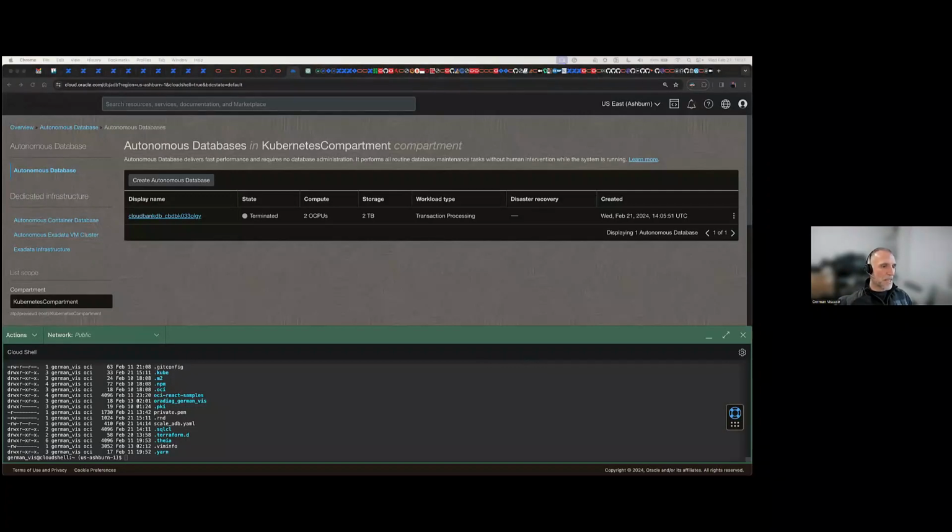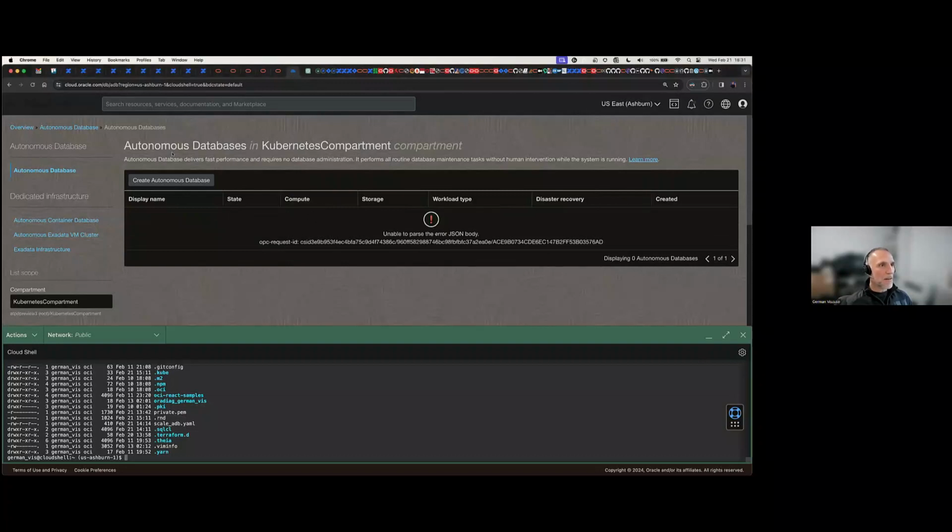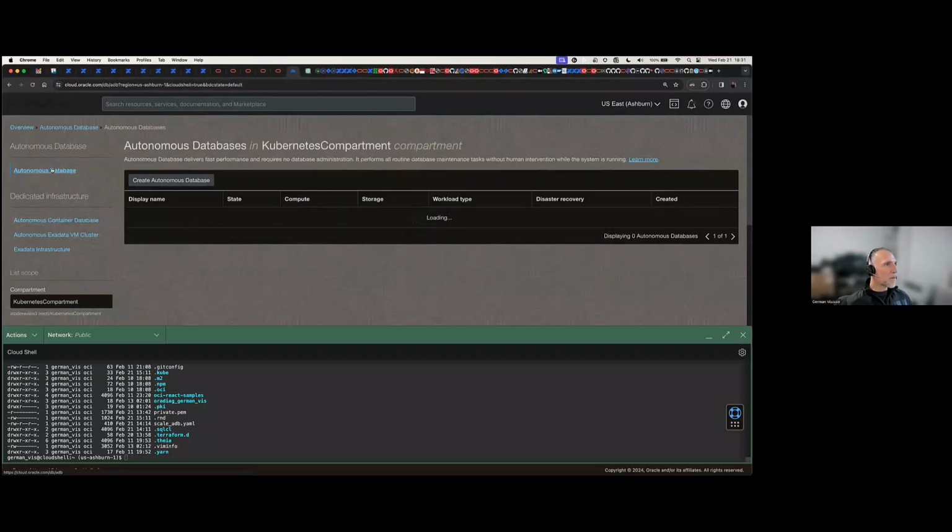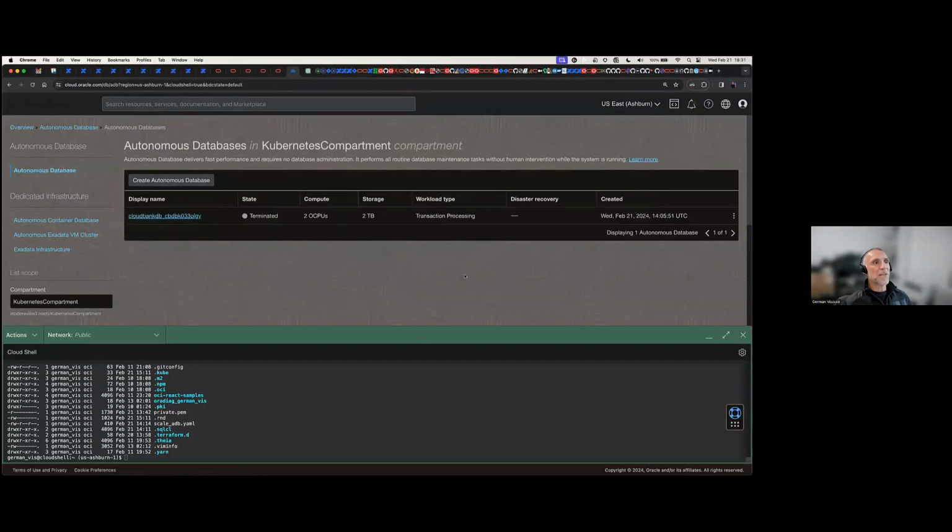You should be seeing the cloud.oracle.com. I'm within OCI, okay? And basically, I'm showing you that I am in the autonomous database section. So if you type autonomous, you will see, and here I have a terminated database. Let me see if I can see it right now, or it disappeared. There you go, terminated. And what I did here is I went to Cloud Shell. I click here, Cloud Shell, and I'm in a shell. So this is a shell that you have within OCI for you to basically work from the command line, and we will be working from the command line, okay?